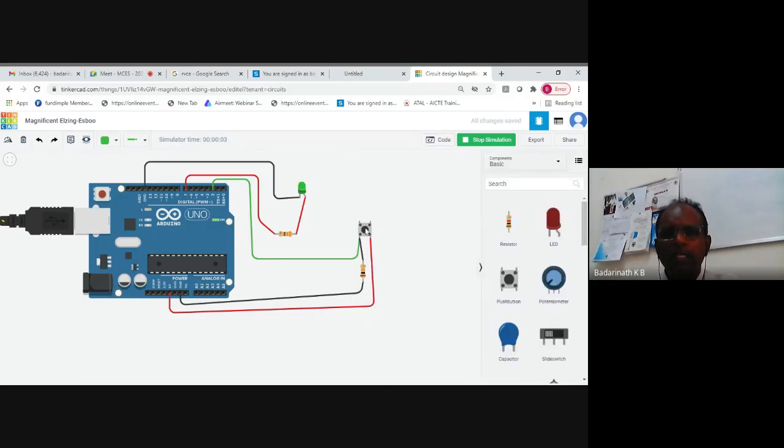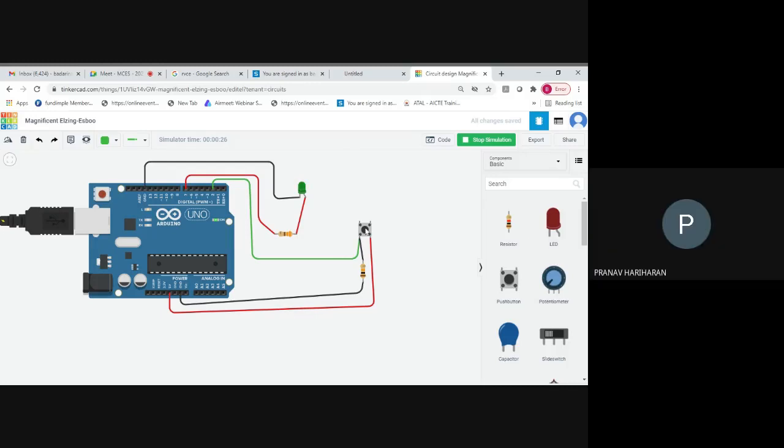See that when you press the switch, the LED is blinking. So this is the way you can connect a digital input device and digital output device to the Arduino board and use the functions digital read and digital write to access these input and output devices to build the circuits.